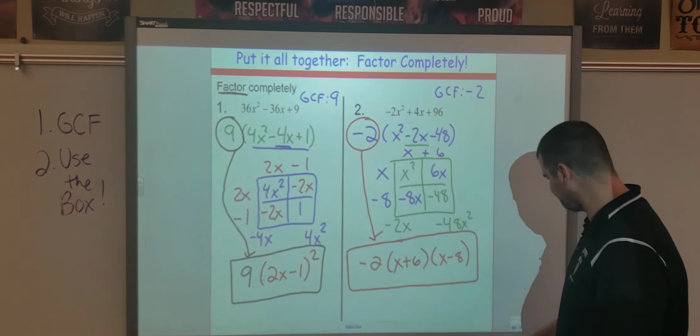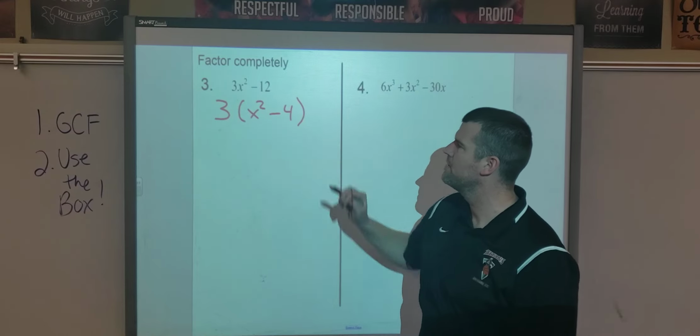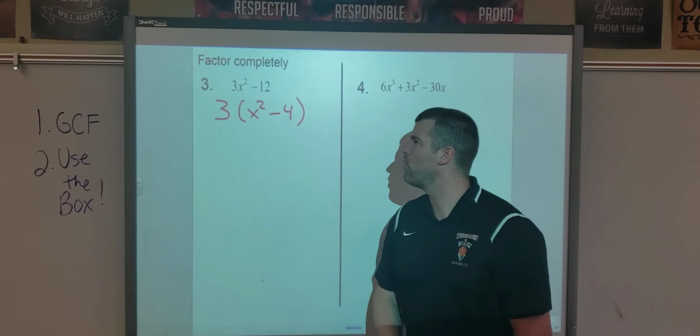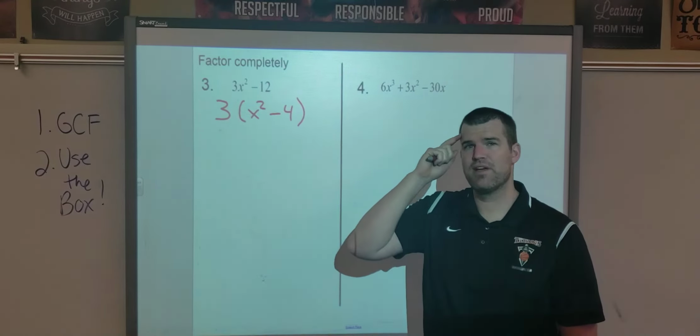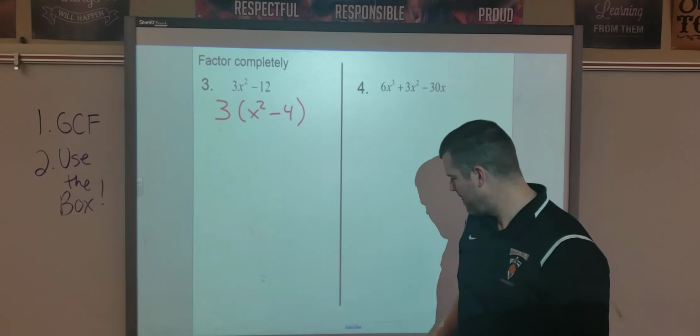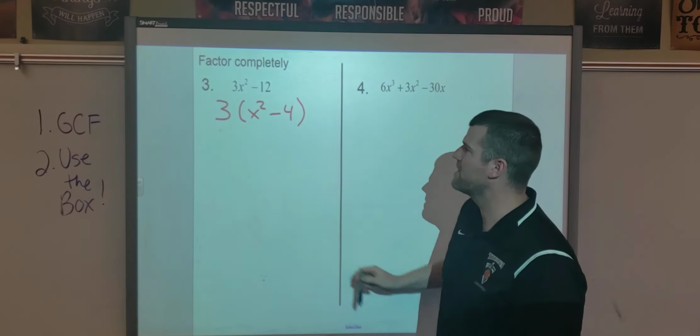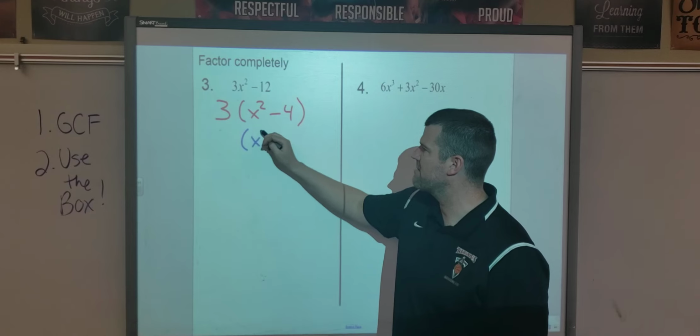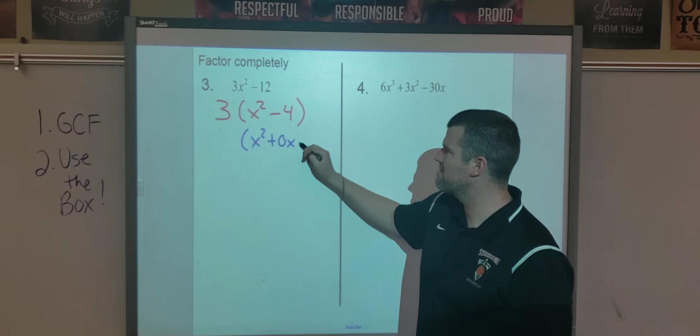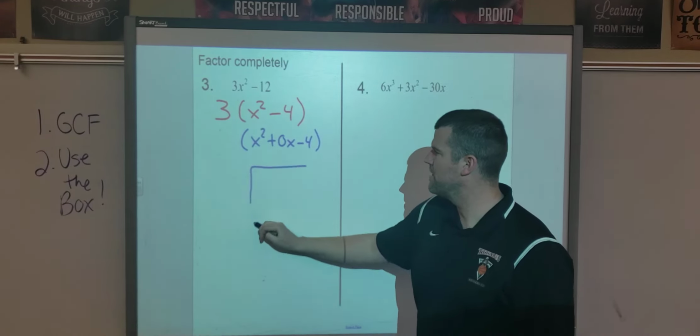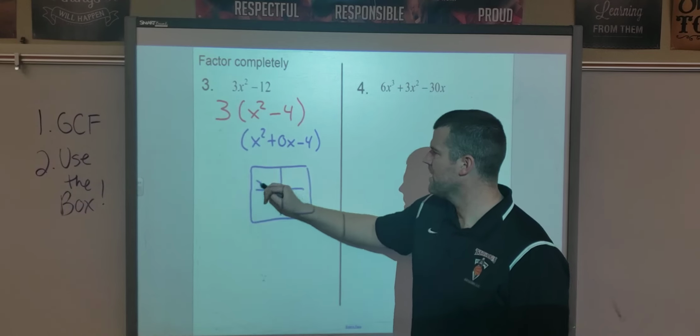All right, 2 more examples here. Look for the GCF first. GCF of this is 3. Leaves me with x squared minus 4. When I look at the x squared minus 4, it might pop into my head, hey, that's a difference of 2 perfect squares. And if that does, then great, you can automatically put your answer down. If you didn't recognize that, then you might rewrite this as x squared plus 0x minus 4. Plug that in the box. X squared,